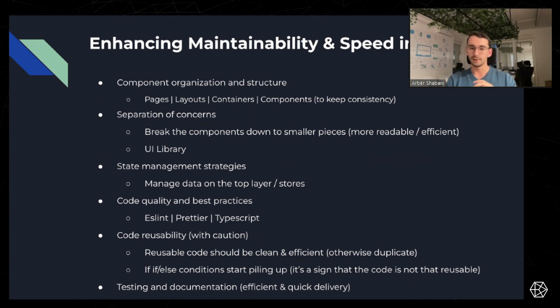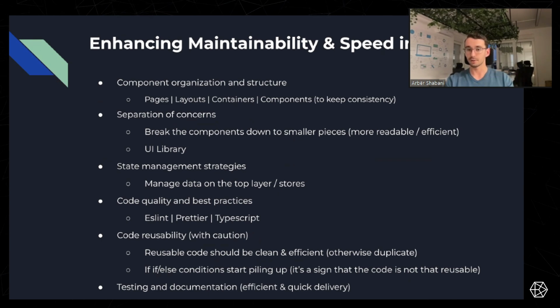Code reusability, I say this with caution because reusable code should be clean and efficient. And most of the time when people write reusable code, it becomes very messy, and that's not the point of reusable code. If if-else conditions start piling up, that's usually a sign that it's not that good, because the code is not reusable.